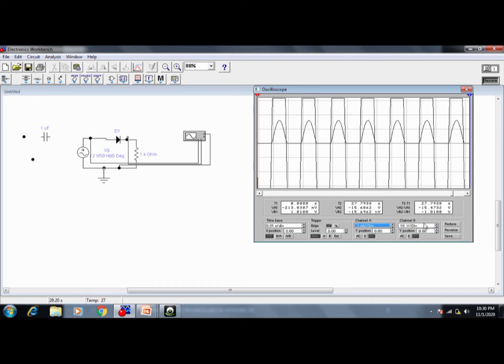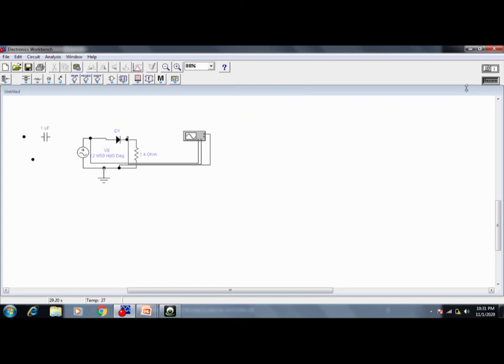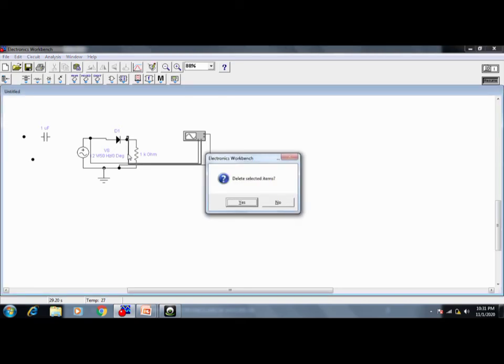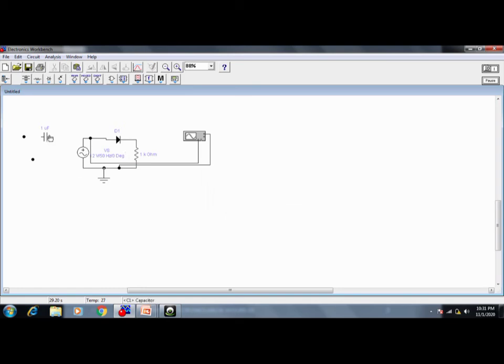Okay, I think all of you have understood. So this is your input and this is the output. Okay, let us see the output of the capacitor. For that, let us delete this one. Okay, delete. Take the capacitor.